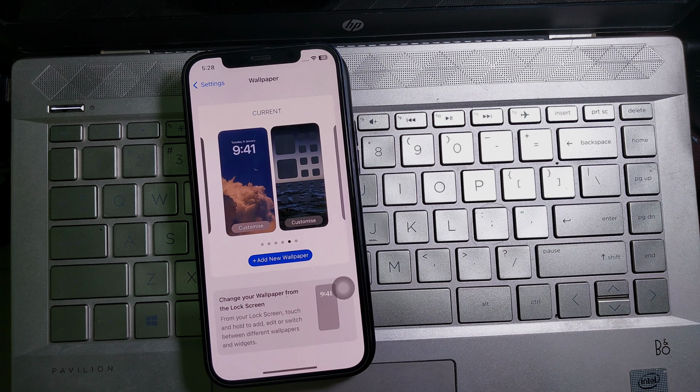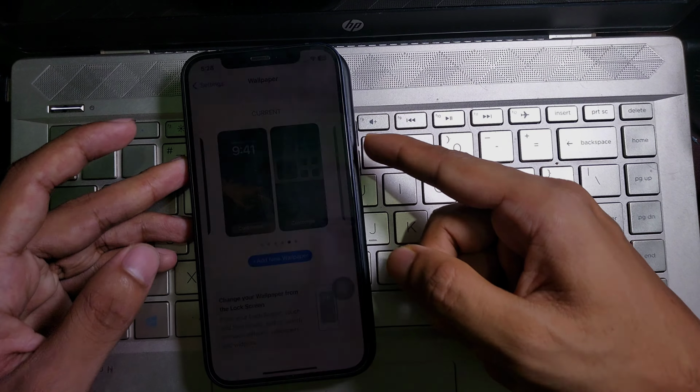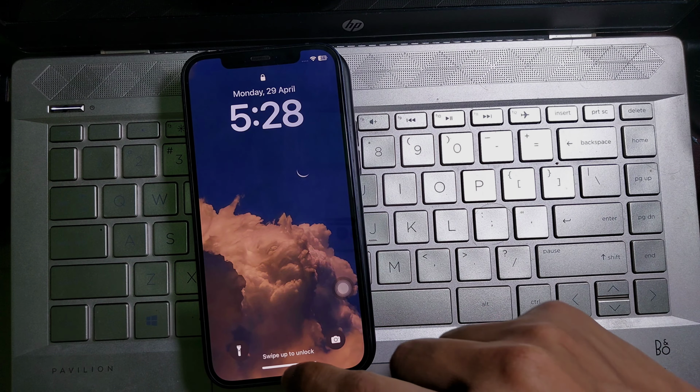And through this our work is done, and as you can see that it's my lock screen wallpaper and it's